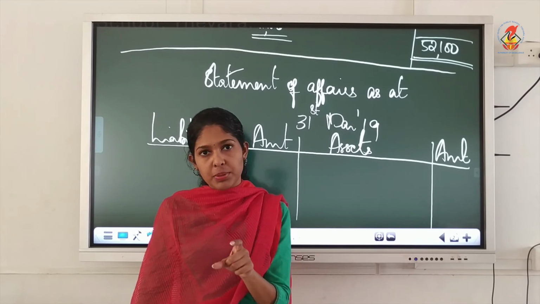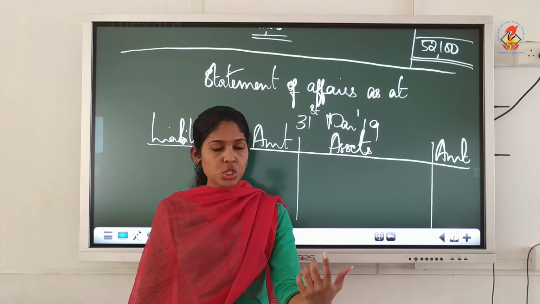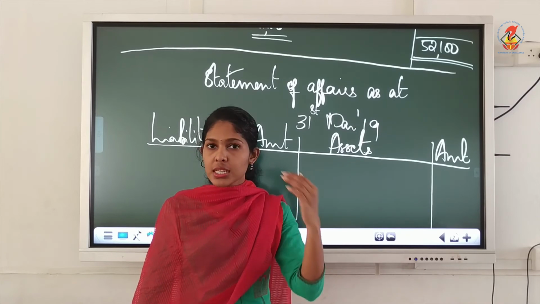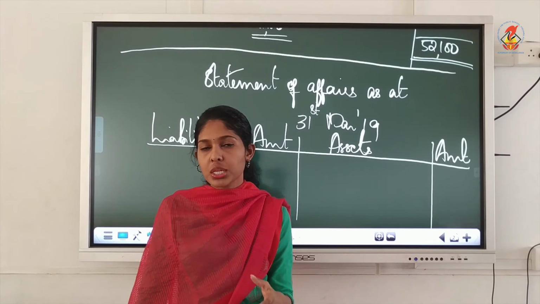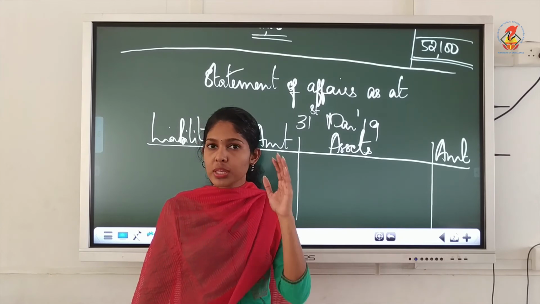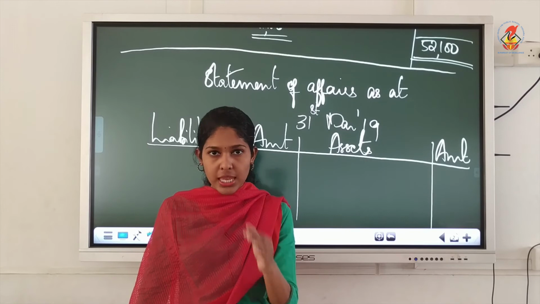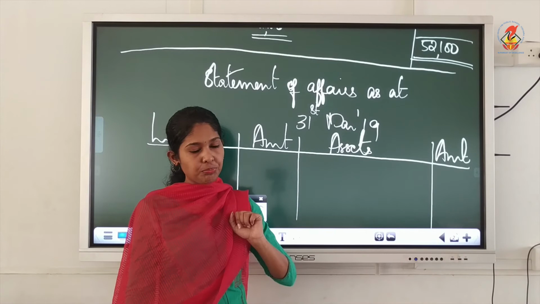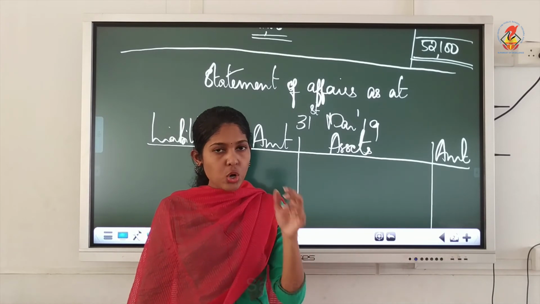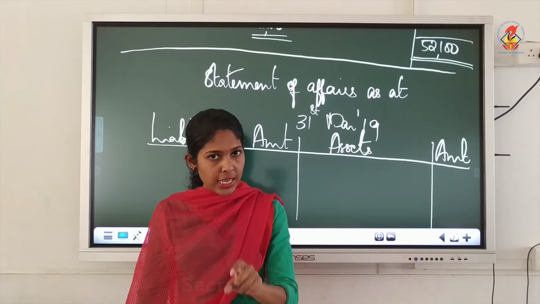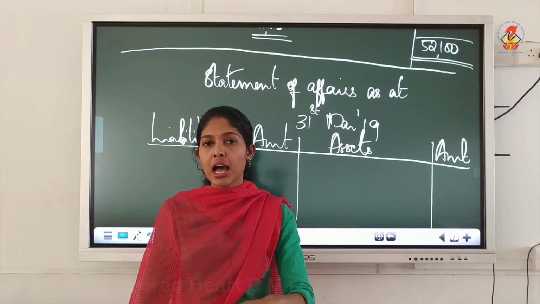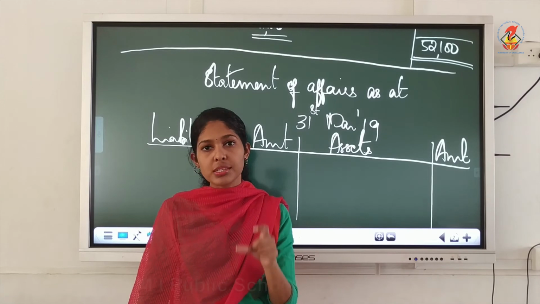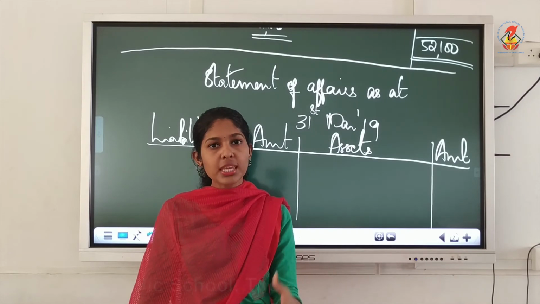Then consider the time period. Because we paid Anish on 1st October 2018, the year starts with which date? That you have to think always. The financial year starts with 1st April 2018 and ends on 31st March 2019. This is the ending date. During this period, on 1st October 2018, we have repaid the amount of loan. So that period we have to consider very carefully while you compute the interest.